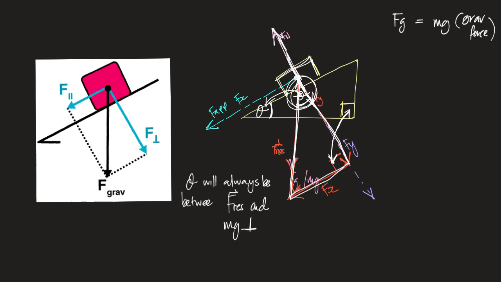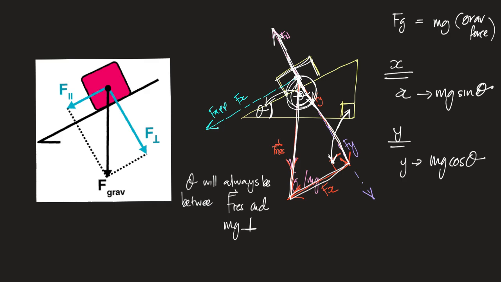Right, so mass times gravity. If I want to sort something into the x component, then the x component gives me mg sine theta. And if I want to sort something into the y component, then y gives me mg cos theta. I also know that Fn is equal to